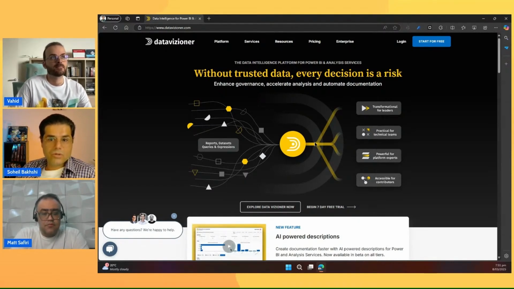Even if you do not have Fabric capacity licenses, and you only have a Pro or PPU license, you can connect directly from our platform to Fabric, and we see all the workspaces that you have access to. If you don't have access to some workspaces, we are not going to show them.